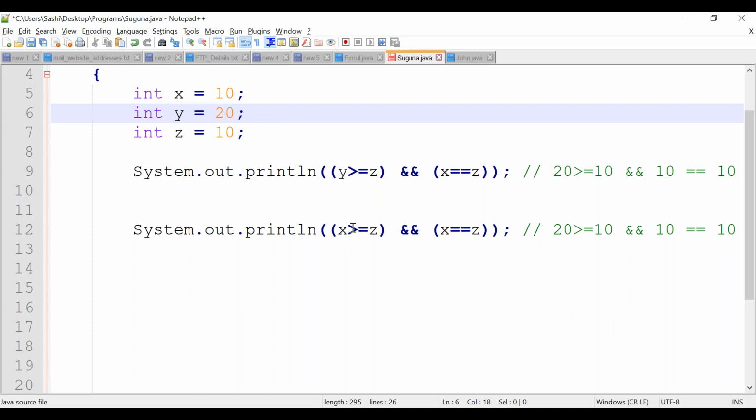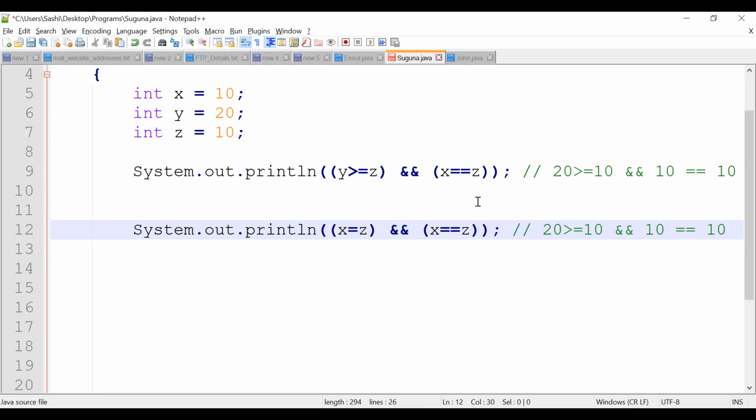Instead of x, I will make it x is less than. That is possible, right? X is less than. I will remove z. I will keep y. So what will happen here?